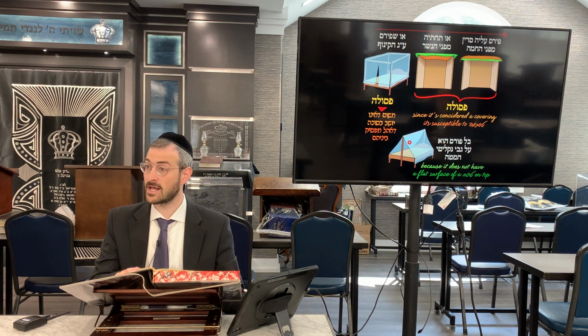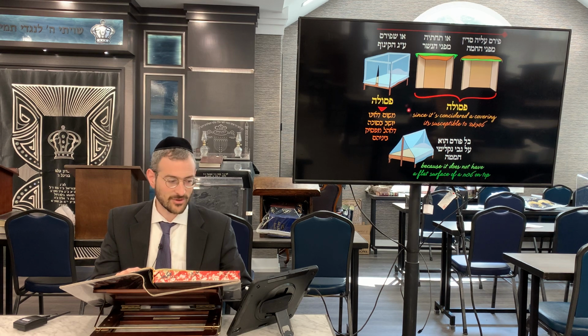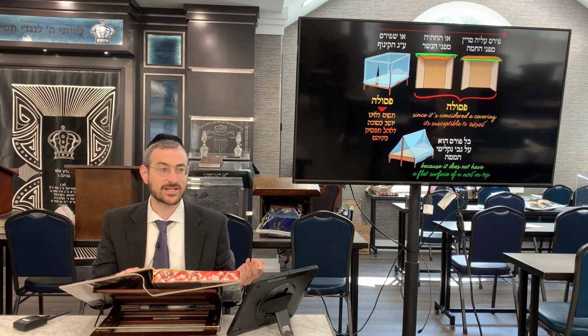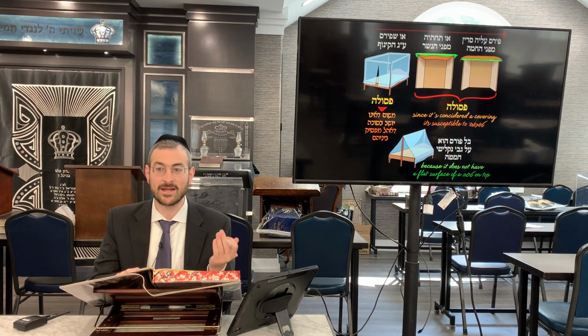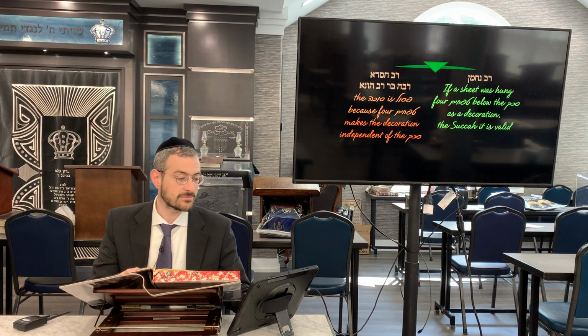It would be considered as a separate item. So wait a second, that means to say in this case he says it's possible, is also not 10 tefachim high, because you're contrasting the 2. This kosher, this possible. When's this kosher? Less than 10 tefachim. When's this possible? Must be also not 10 tefachim. That's not like Shmuel, who said that's only considered a problem about a canopy if it's 10 tefachim high. Oh no, says the Gemara, no.